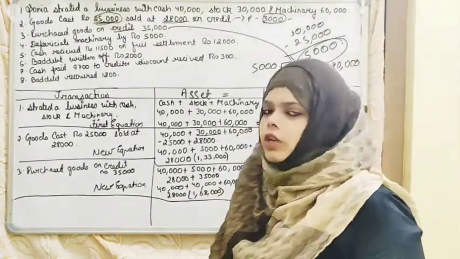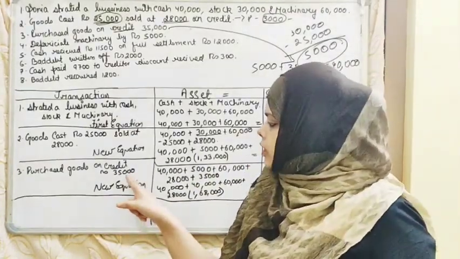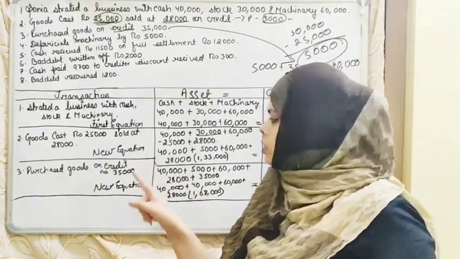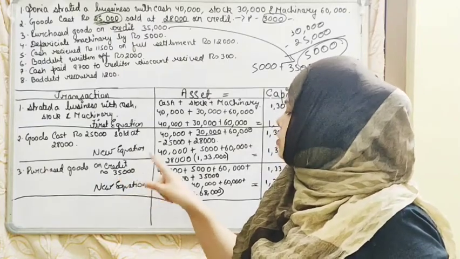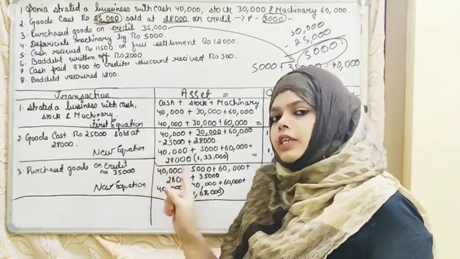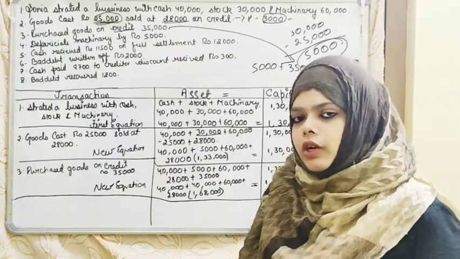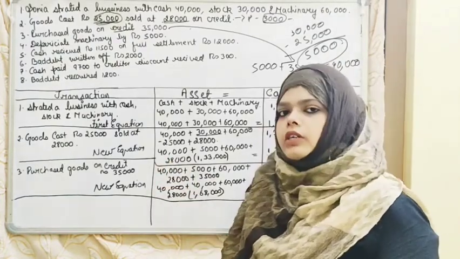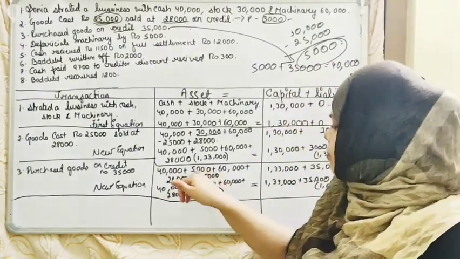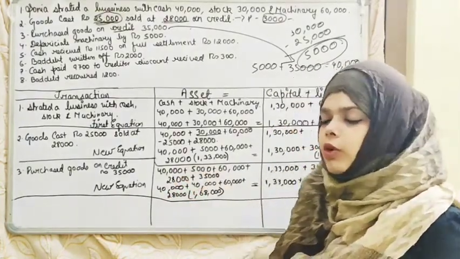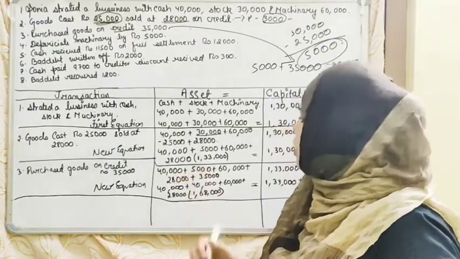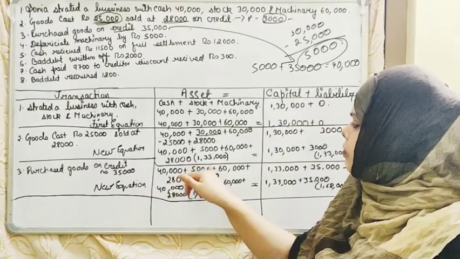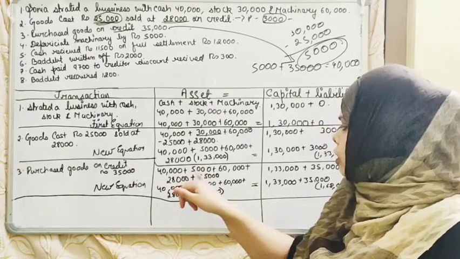Okay. So here we understand that if it is taken on credit, the cash will not be affected. If it is taken on cash, then 35,000 will be subtracted from the amount of cash, that is 40,000. Because it is taken on credit, we are not affecting the cash part of the transactions. So we were having a stock of rupees 5,000. We added a stock of rupees 35,000. So we simply added 5,000 with 35,000, which comes to a total of 40,000.